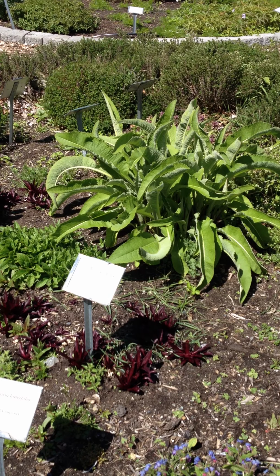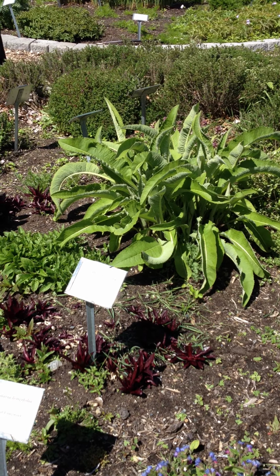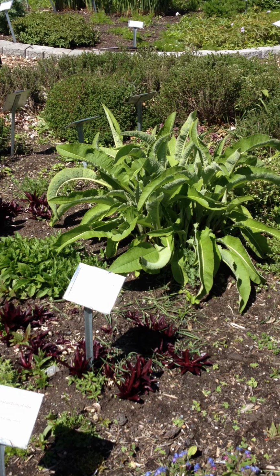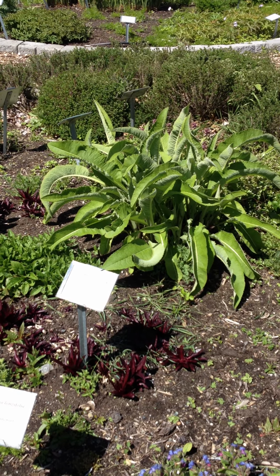What did you call it again? This is called Elecampane. Elecampane. E-L-E-C-A-M-P-A-N-E. I like it. Sounds like a cool woman's name. It is a cool woman's name. Elecampane. Yeah, very cool. Ooh, and we're in the bed with one of my favorite plants,